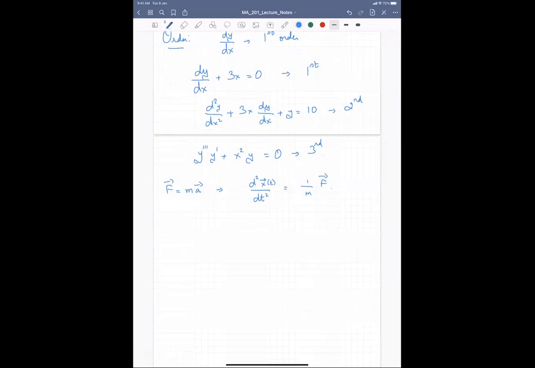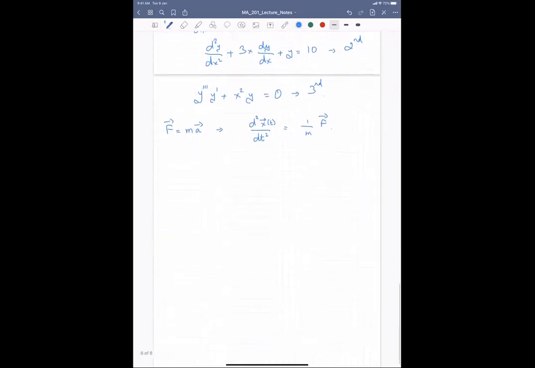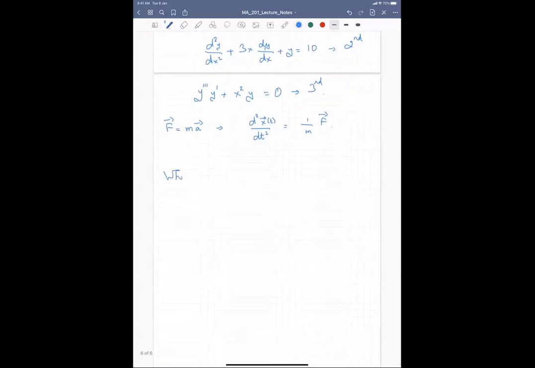So that is the order. And for the first 2 or 3 lectures, we will only be looking at first order differential equations that are fairly straightforward to solve. So when I say solve, I should also tell you what is a solution. Again, this might be so silly, but it is still important to understand what it is.